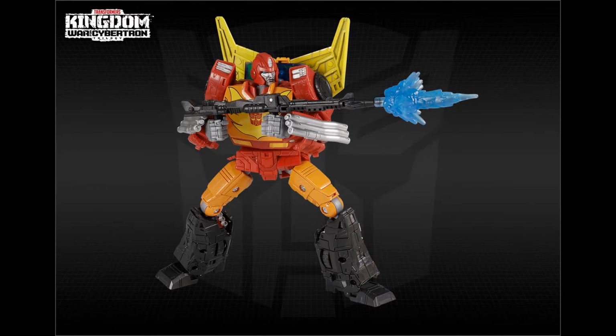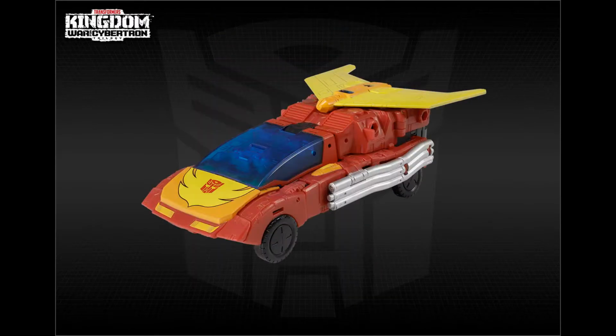It's just that, for me, this is just a pass. Except I would like those blast effects. I think that's really cool. I wouldn't want to pay $80 for it. Yeah, I'll probably just find the blast effects on eBay or something, or I might just end up buying the figure, keeping the blast effects and selling the figure for $60. For the $80 price point, I'm kind of like, you know,